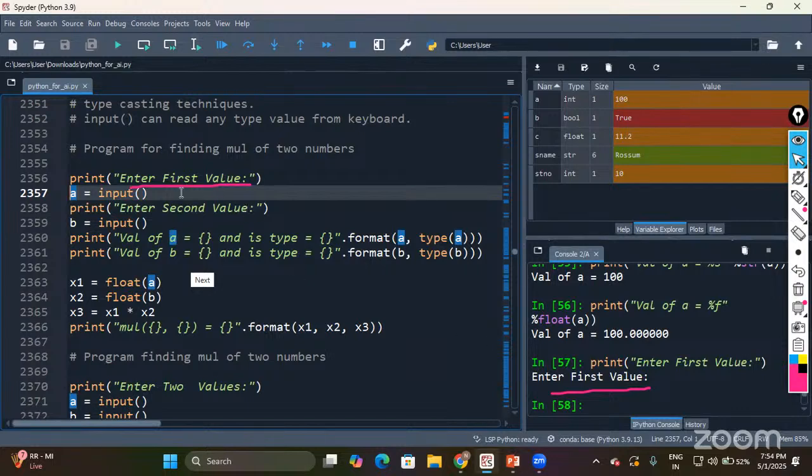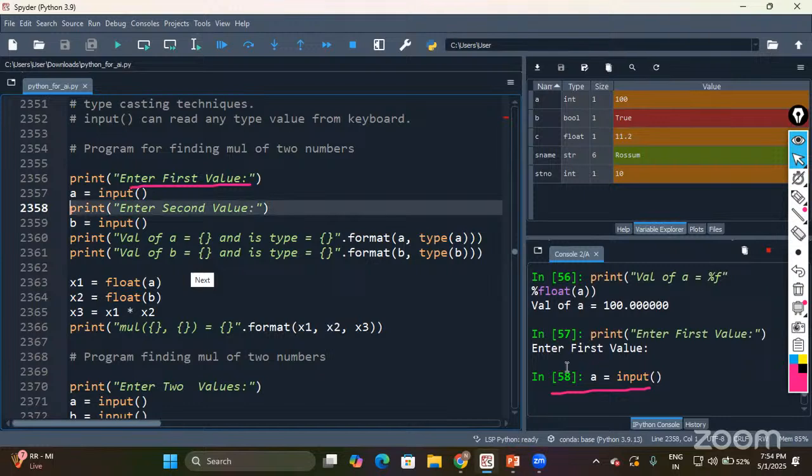Then what is the next line in the program? I'm using the input function. When you execute that line, it asks the end user to give the value. You are supposed to give the value. So let me execute that line. See, here you see,